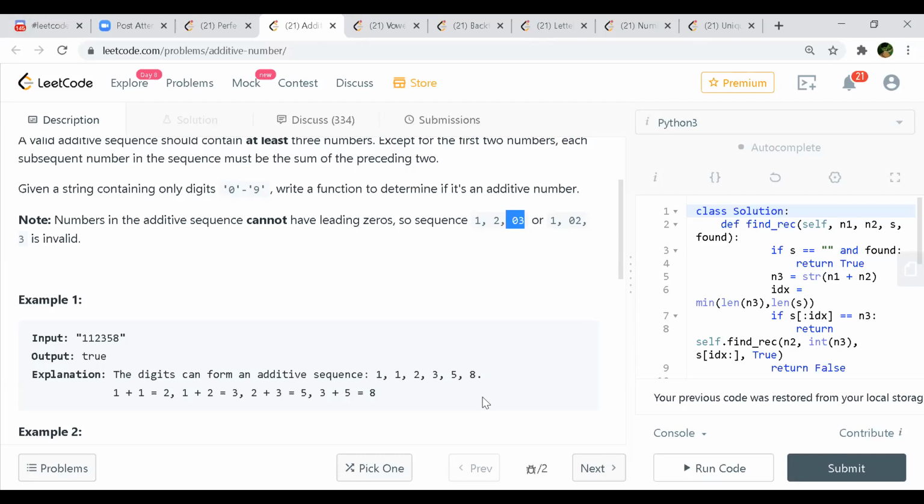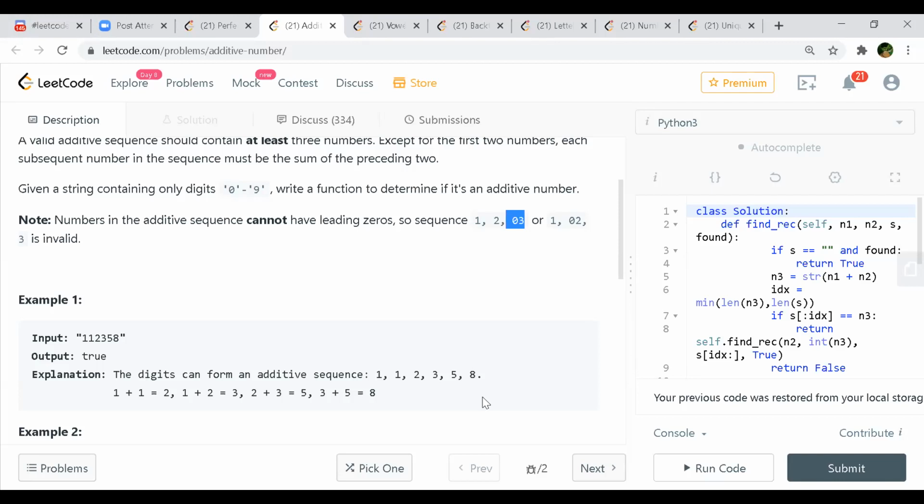Correct? Okay, you add that number. We add those first two numbers, and then we start from whatever the remaining string is. We start finding that from the first position of that remaining string. As soon as we hit that number, we take it as the second number, then we make the previous second number the first number, and then we add them again, right? Okay.